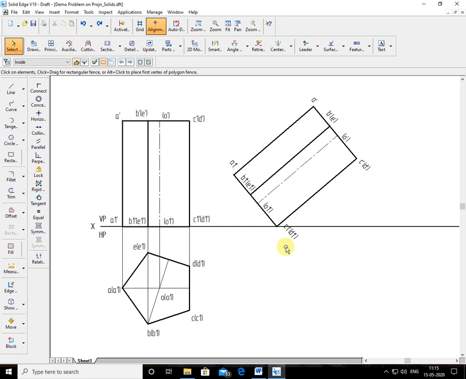So you should first analyze the problem, analyze the object, so that you know which face is seen, which edge is seen, which edge is not seen. In that way you should analyze first. Now if you observe here, if I look from top, this pentagon face is seen. Is this a pentagon? It is. The base is seen. You can see my cursor here: A, B, C, D, A dash, B dash, C dash, D dash, E dash, the base is seen. That's why I'll project those points first.